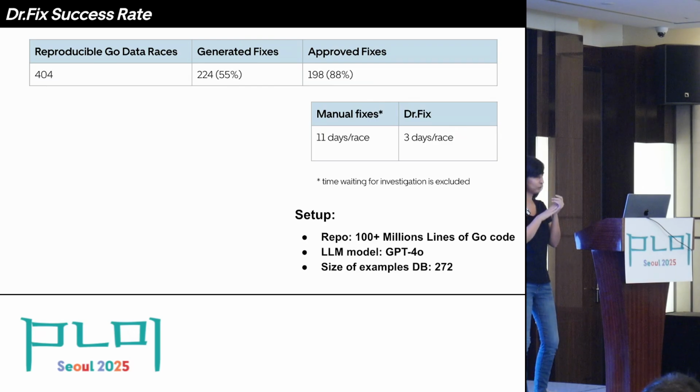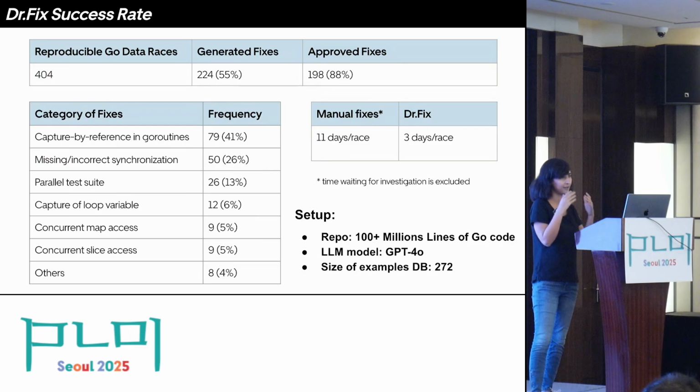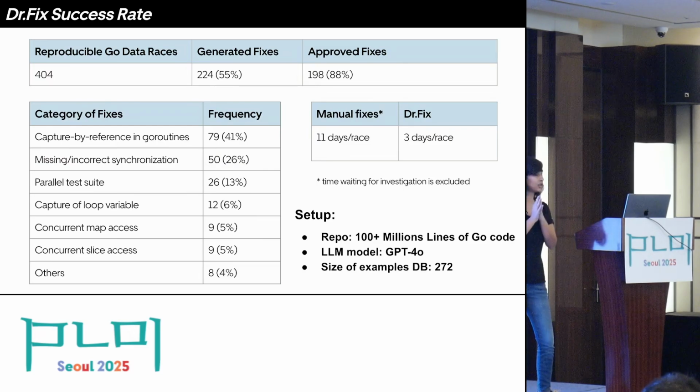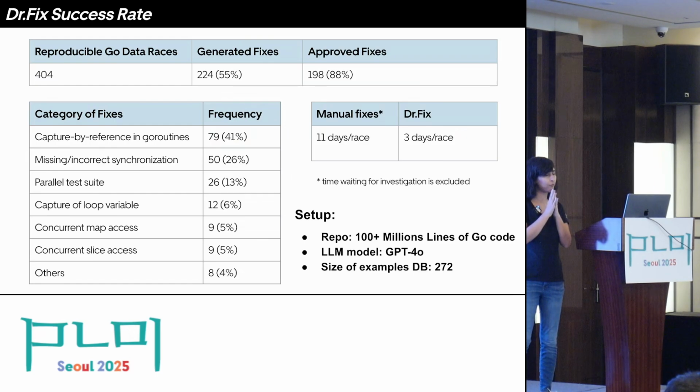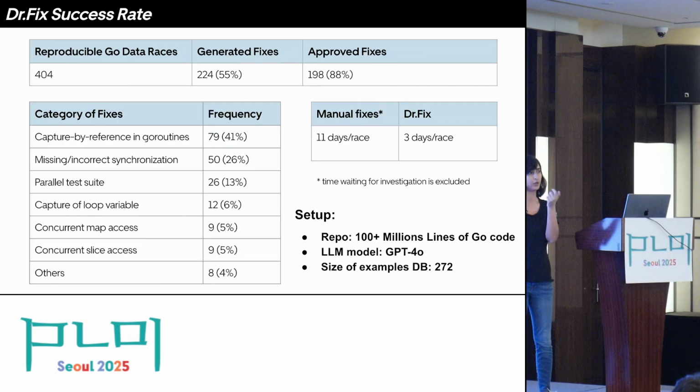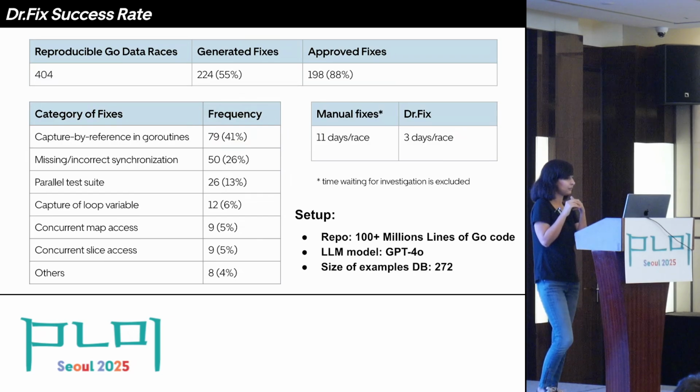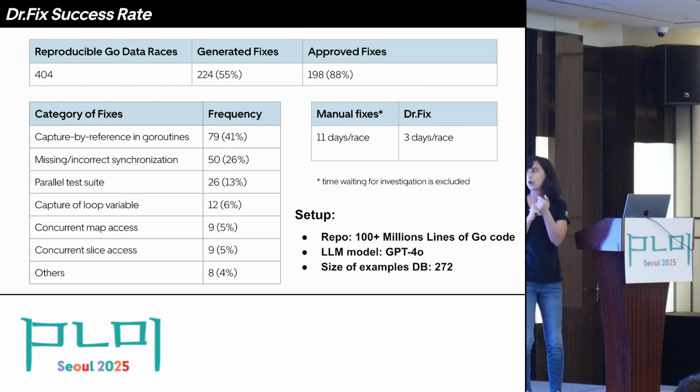So we went and manually categorized them. So these are some high-level categories. The largest category was captured by reference in Go routine, which accounts for 41% of the fixes. And the examples that I showed earlier in the talk belong to this category, captured by the references. And then we had other categories for missing or incorrect synchronization, parallel test suites, capturing of the loop variable, and concurrent map or slice access. So I'm going to show now 2 examples so you get a better idea how these other categories look